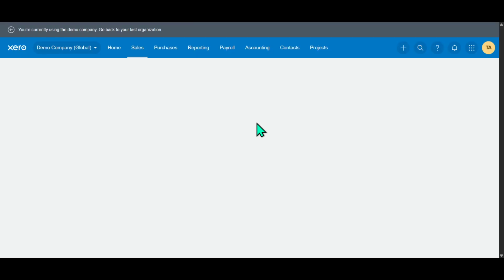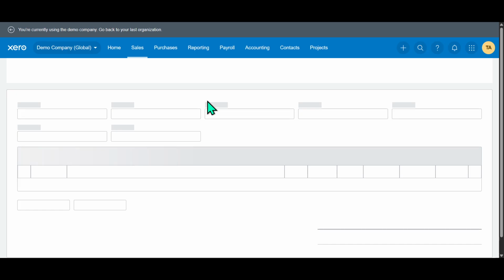Look for a plus icon. Clicking on this will bring up a drop-down list with various transaction types that you can record. Choose the one that suits your current needs. It could be an invoice, a bill, or any transaction type that you are presently working on. Selecting the correct transaction type is the first step in ensuring that all related files are filed in the right